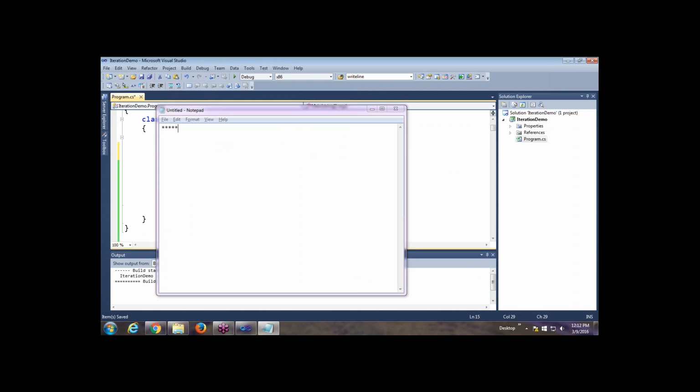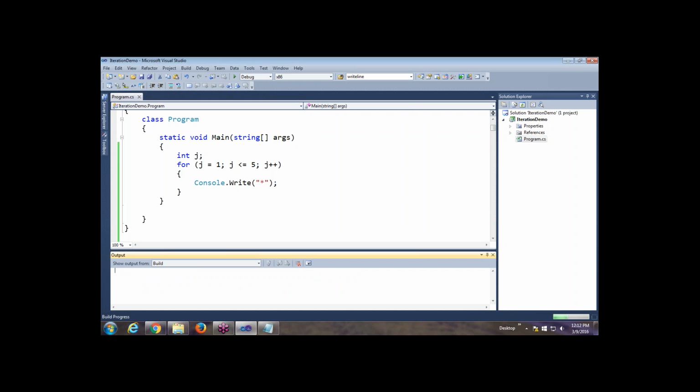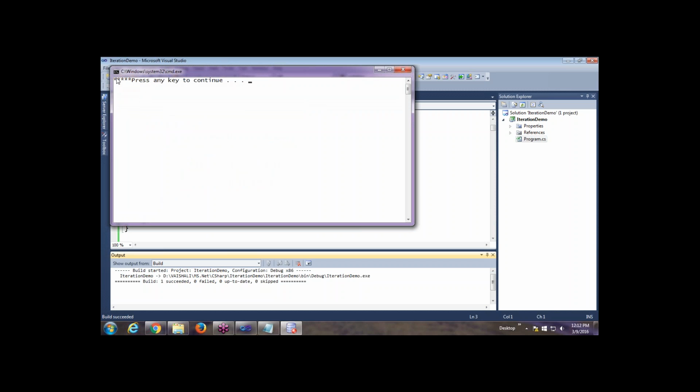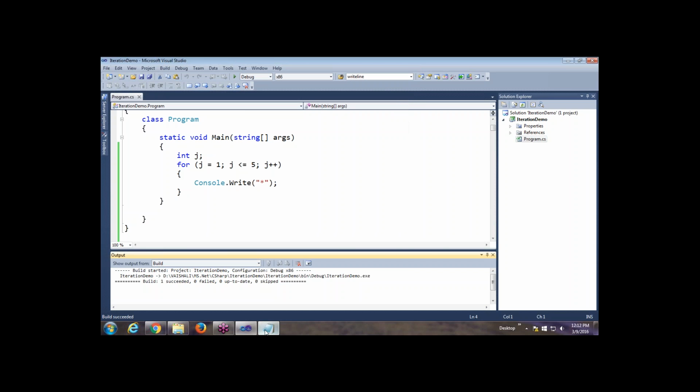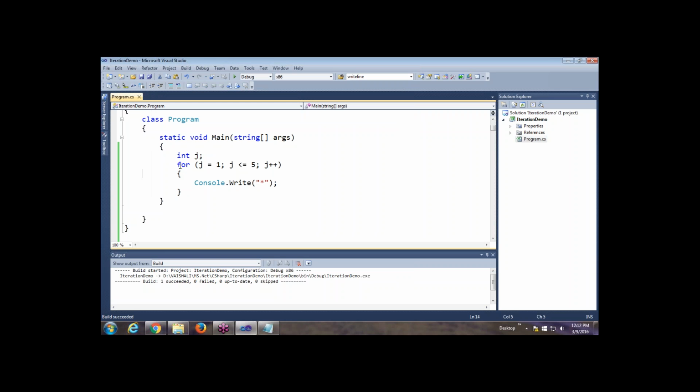So now the simple code for the same would be, let's take some variable j equals 1, j less than or equal to 5, j plus plus, and you get the asterisk as the output. So here you can see 5 times the asterisk symbol has been printed. Now let us say my requirement is to print these stars itself 5 times. So here this task is being repeated 5 times. So what we have to do, this particular block needs to be executed 5 times.